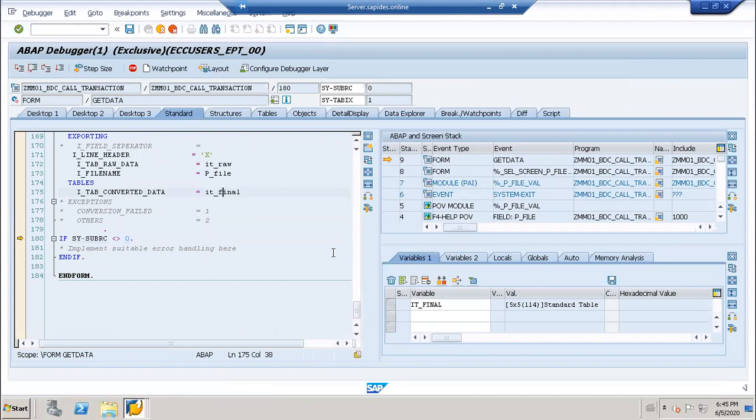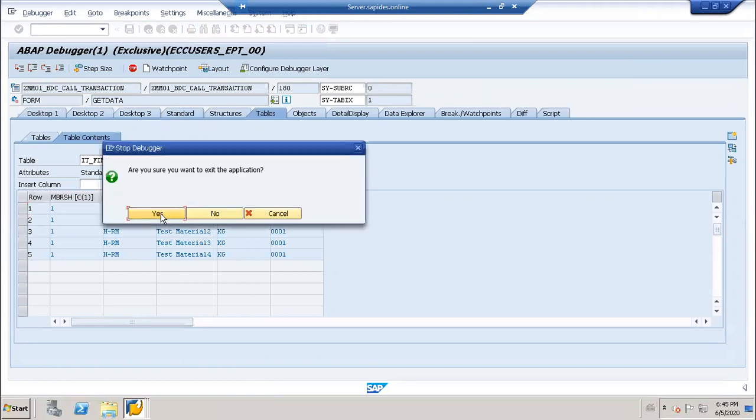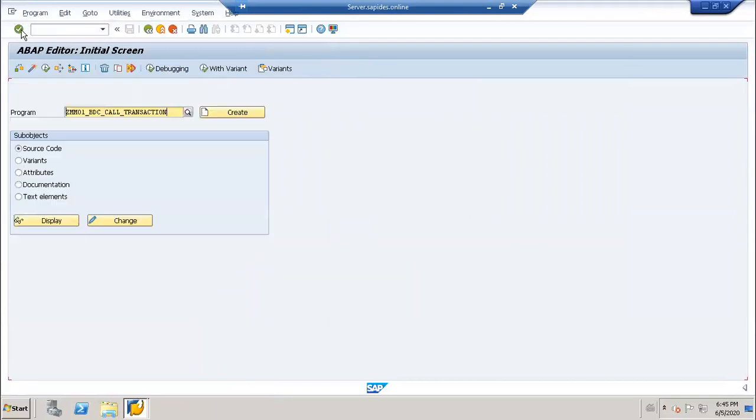So now can you see here? Now it is taking 5 records. Okay, got it. Yes, sir. Now you mentioned that it will skip the first record. Yeah, it will skip the first record. Once you mark that as X, automatically it will skip from there. Okay, got it.